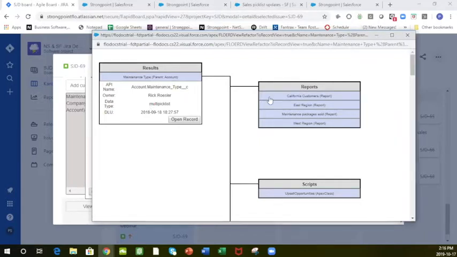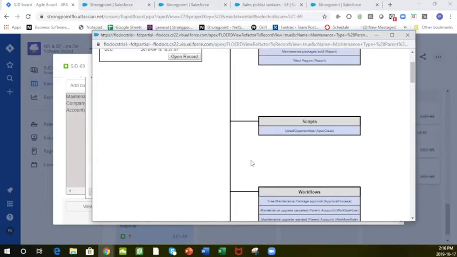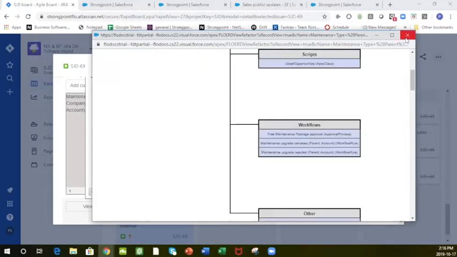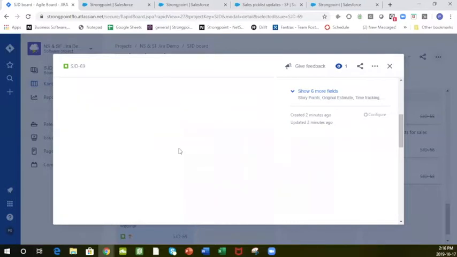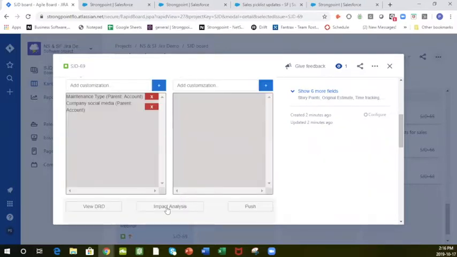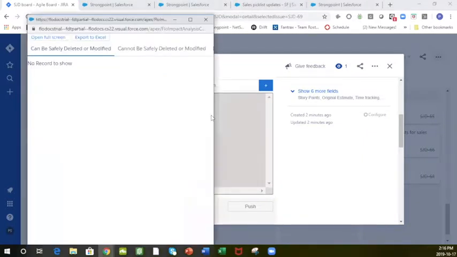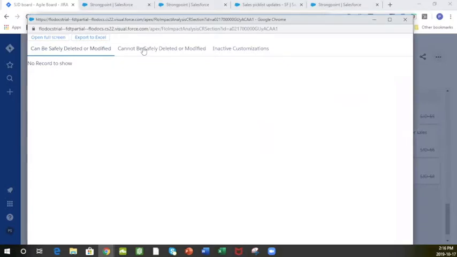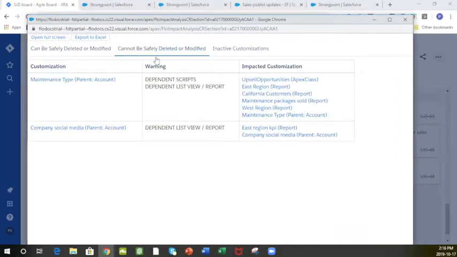I'm seeing that this multi-pick list is connected through to these reports, scripts, Apex classes, workflows, and so forth. So now if I close this out, I can also access the impact analysis, which also pops up in a separate window for me here. And so I'm seeing a very similar look and feel to what I had inside that JIRA, inside our Strongpoint change request, where I can now see that these things cannot be safely deleted or modified,